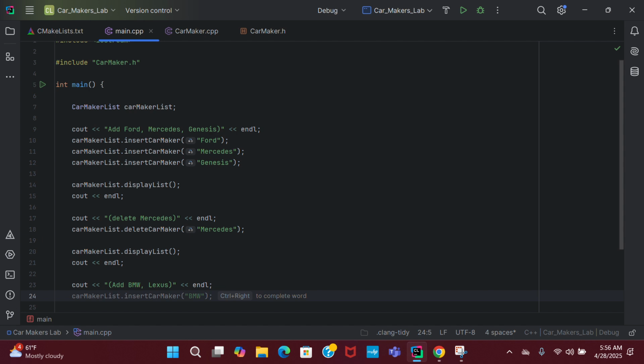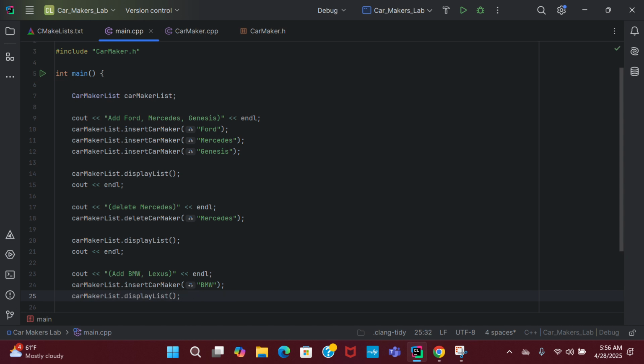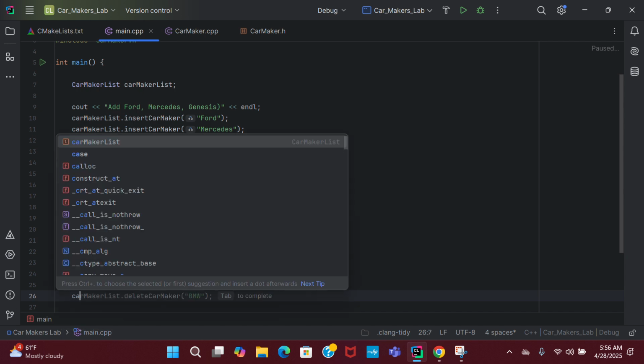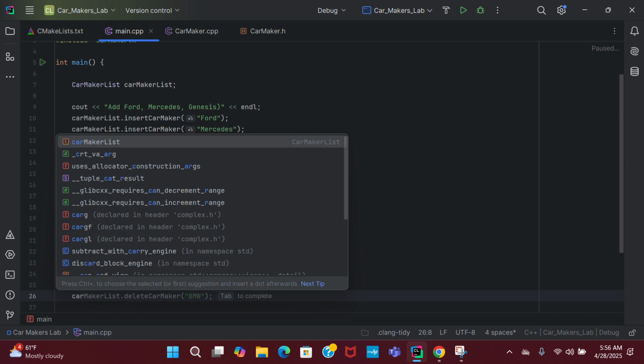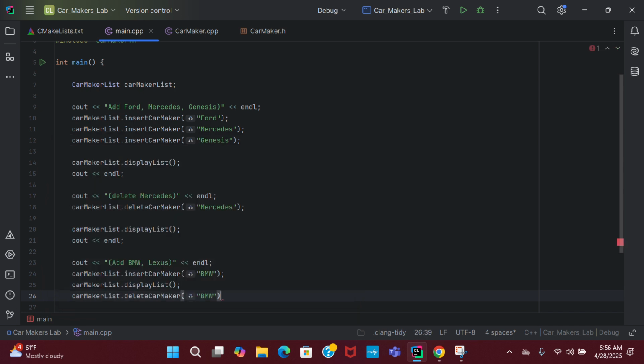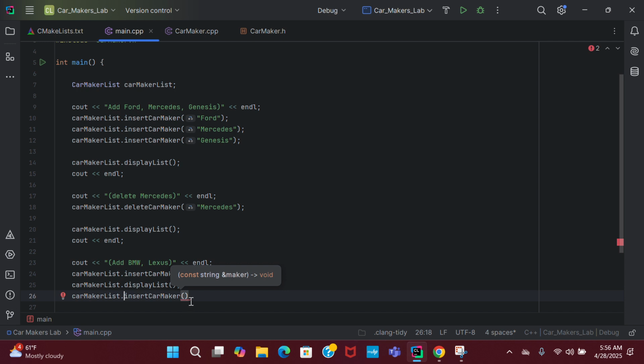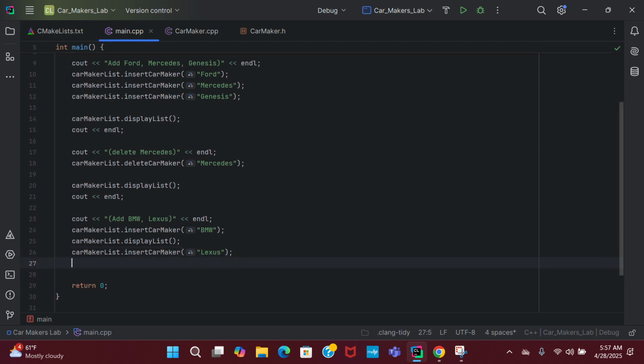And then here we can just say insert car maker BMW, and then we want to display the list. And then we want to add, we don't want to delete. I want to dot insert. And here we'll just Lexus. Now, wait, we still need to display the last list. Now, if I run this program,